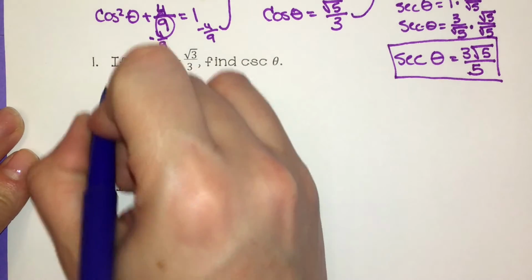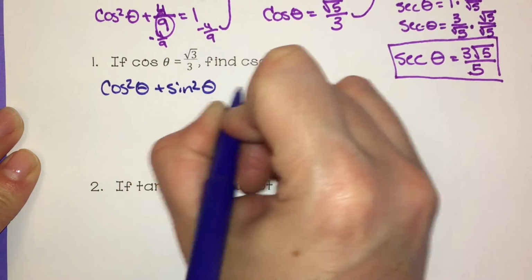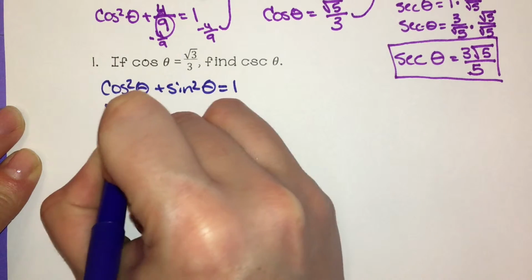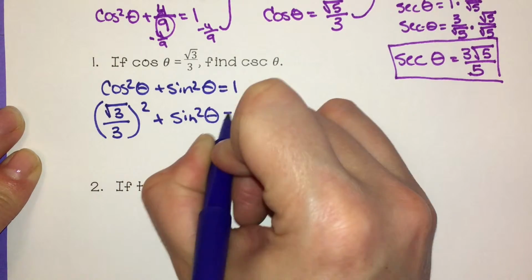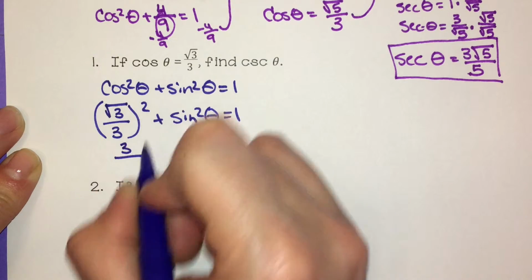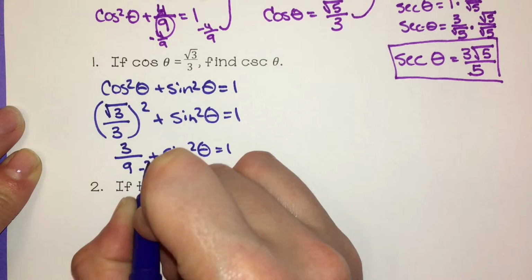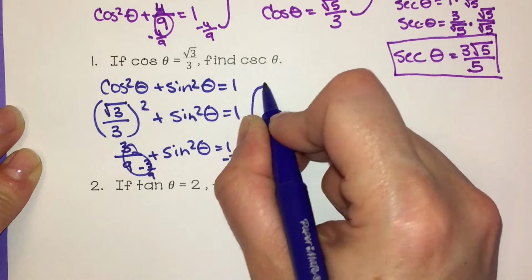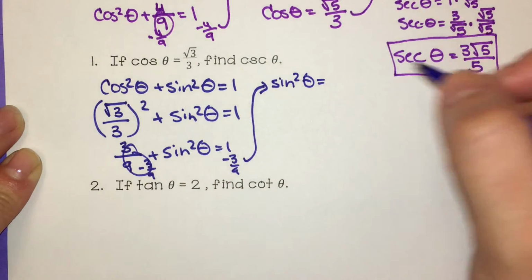All right, the first one, cosine squared theta plus sine squared theta is equal to 1. I have square root of 3 over 3 squared plus sine squared theta is equal to 1. Square root of 3 squared is 3 over 3 squared is 9 plus sine squared theta equals 1. I'm going to subtract 3/9 on both sides. And I get sine squared theta is equal to